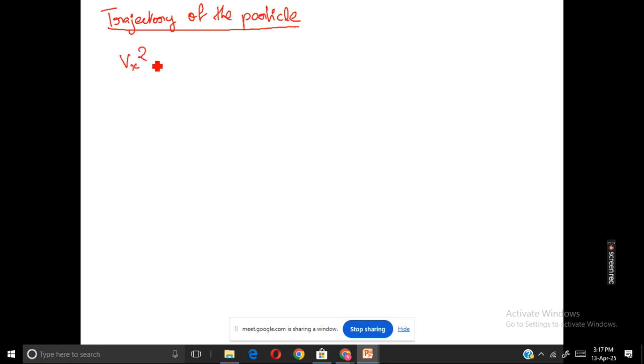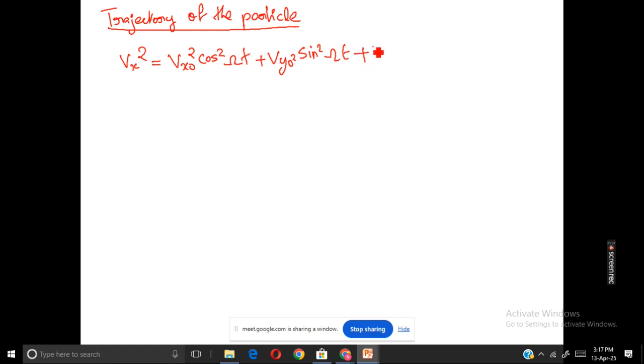So vx square will become vx0 square cos square omega t plus vy0 square sin square omega t